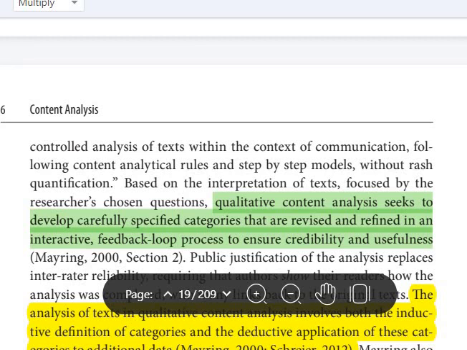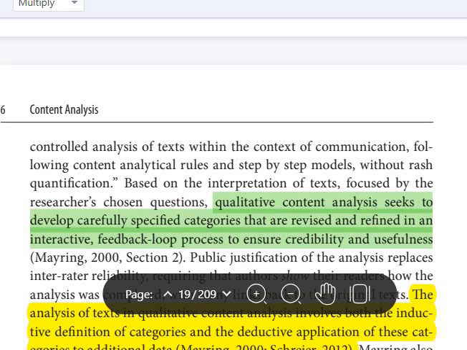We are adopting the qualitative content analysis here, because it's mainly its name, it is qualitative, it's not quantitative, so it's not like the basic. Okay, based on the interpretation of texts focused by the researchers' chosen questions, qualitative content analysis seeks